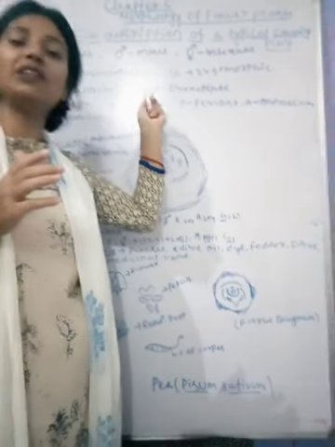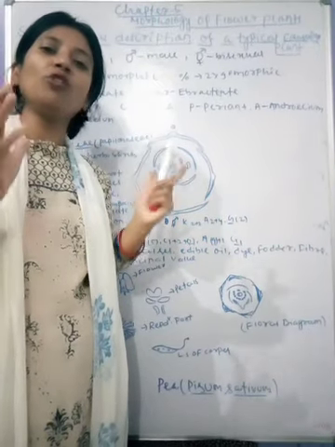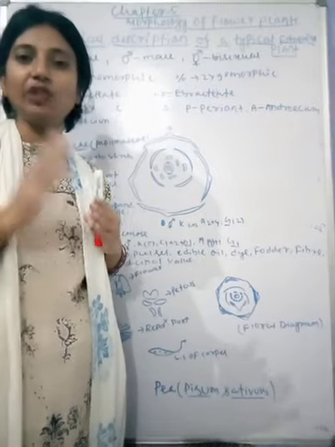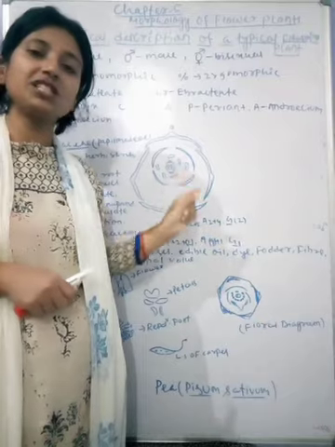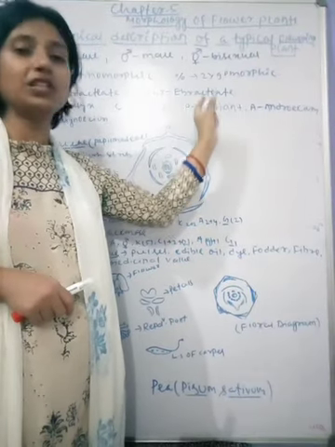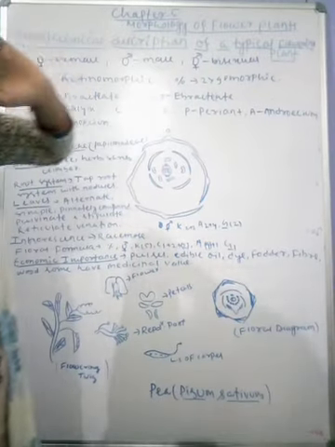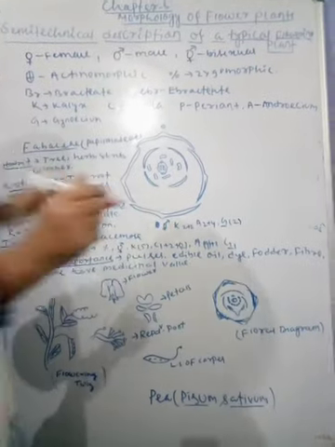If you understand the floral formula, then you will be able to describe the whole family, and this question comes for 5 marks in your exams, and also in your NEET exams short questions are asked related to this floral formula. So let's start the semi-technical description of a typical flowering plant. As we know, different signs are used.